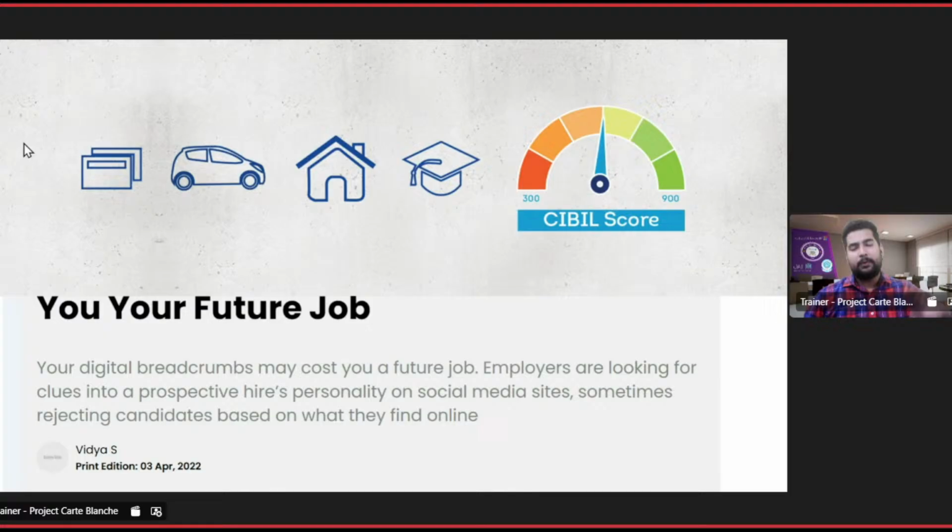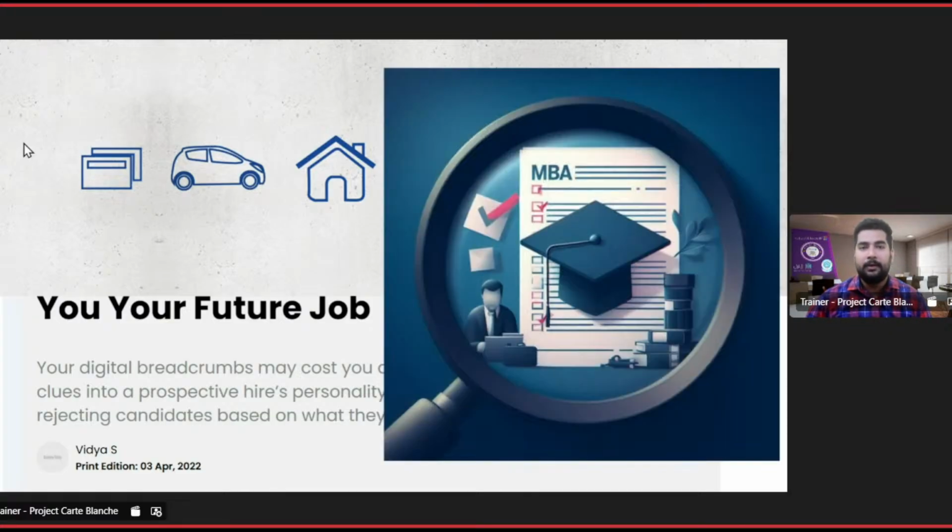Even forgetting about the job market, top MBA colleges in India today are also deploying people to screen social media. If any student has a profile, they do background verification, going and checking by visiting their home and neighbors, because MBA is a very reputed degree and they want the students' background to be very clean and clear before they take admission in the colleges. If you search the internet for research on this, you'll find many colleges that have started doing a lot of background verification, right?